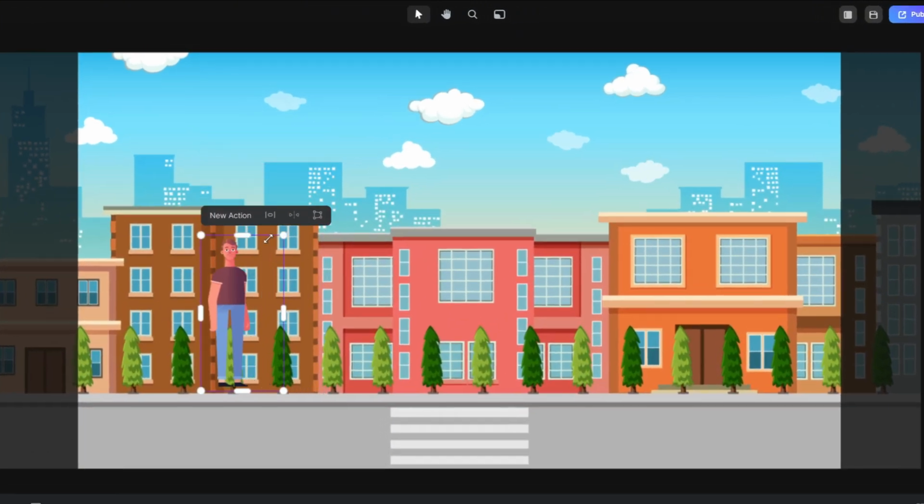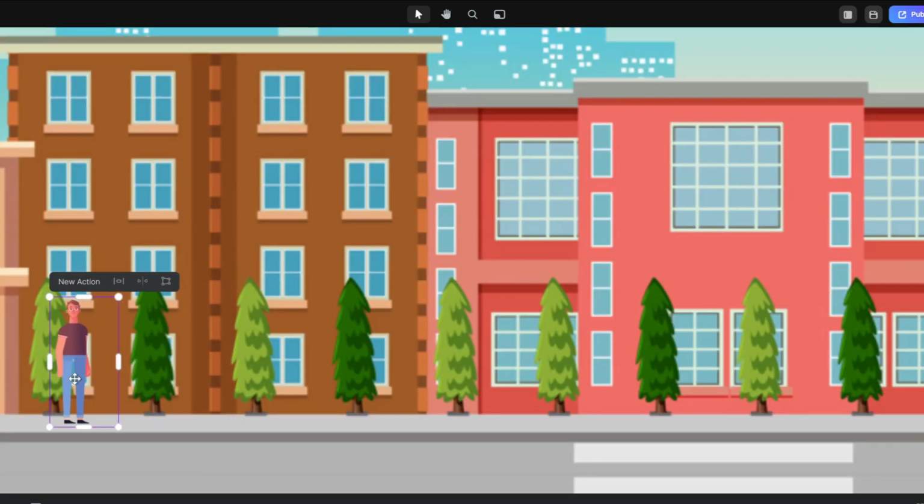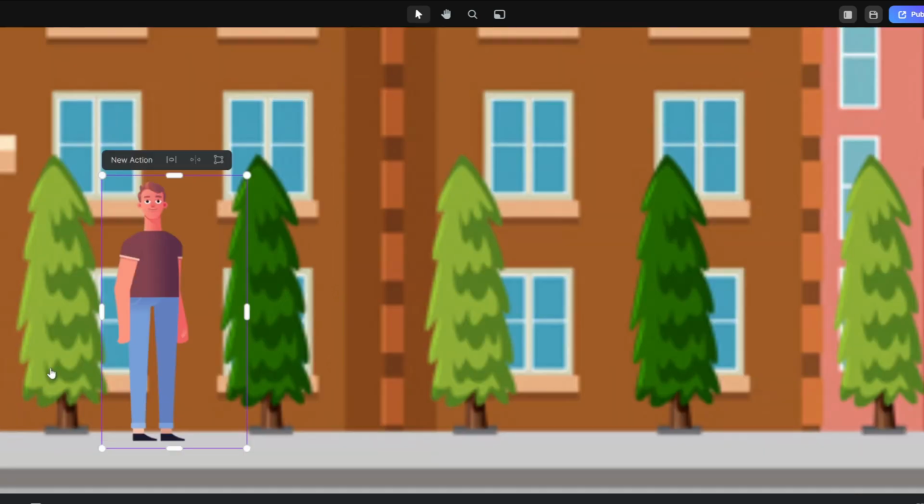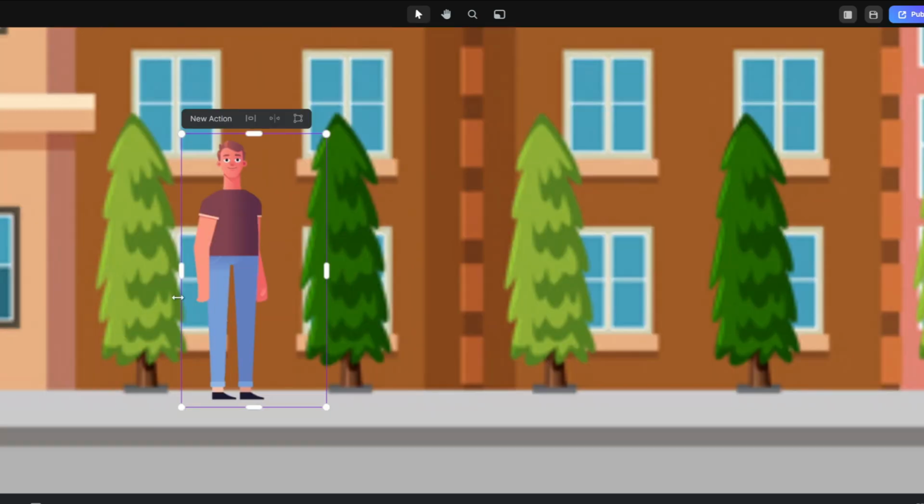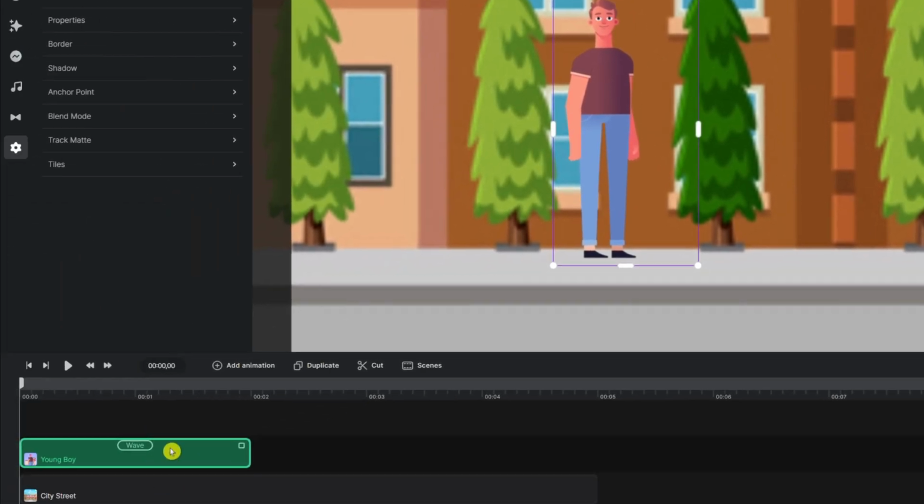And then I'm going to scale him down. Because he's farther out in my scene, I want to be sure that he's in the right proportion right here. Let's say he's going to start walking from here. And as you can see, like I explained before, the way these characters work is they have a starting animation and an ending animation. The default action is waving. So he starts by doing nothing, idle. And then as soon as I start advancing my playhead, he's going to start waving. And when he finishes at the end, he's going to go back to idle again,